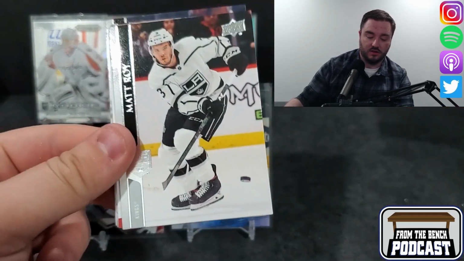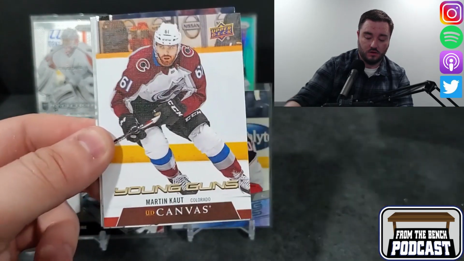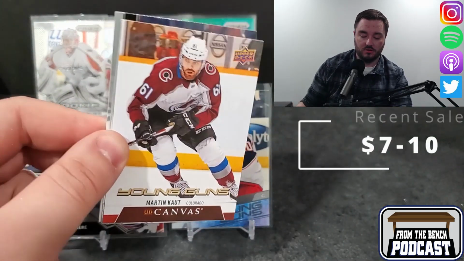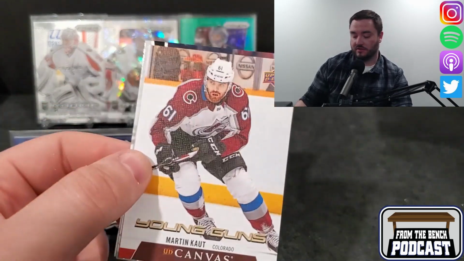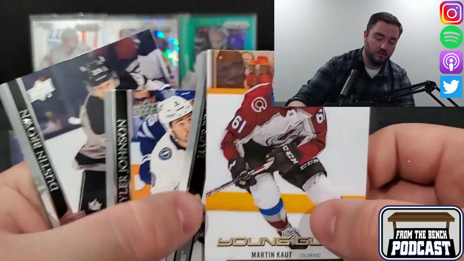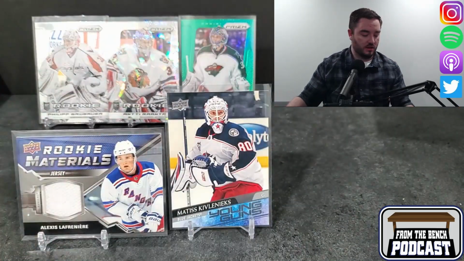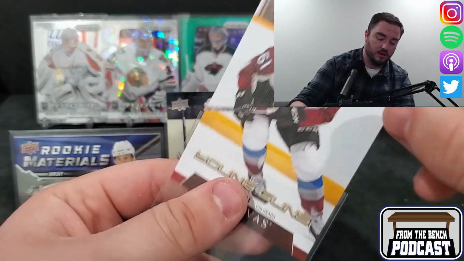Young Guns canvas of Martin Kaut. There you go. Not too bad as an Avalanche fan. He actually just got in the lineup again the other night. But Martin Kaut on the Young Guns canvas. And like anything else, this shouldn't count towards our Young Guns count. There